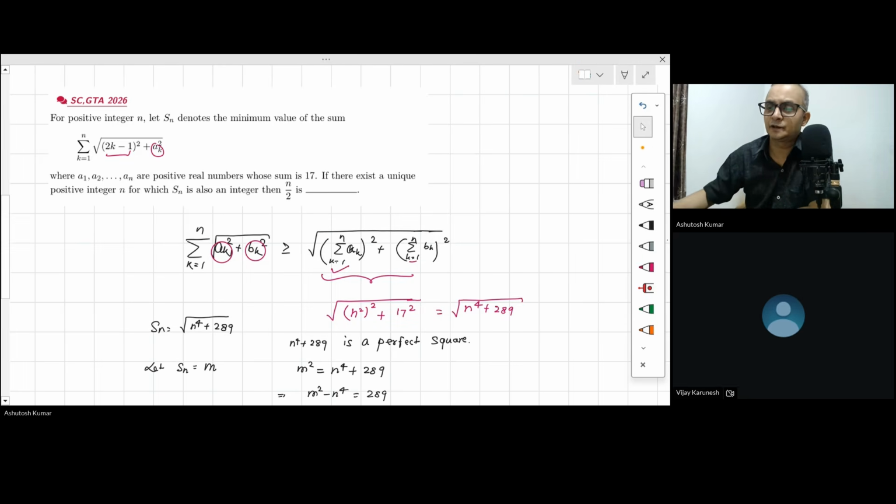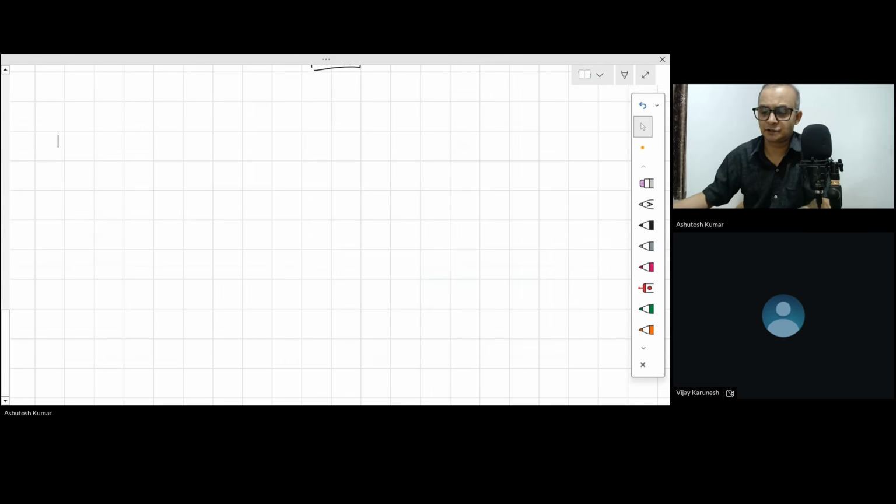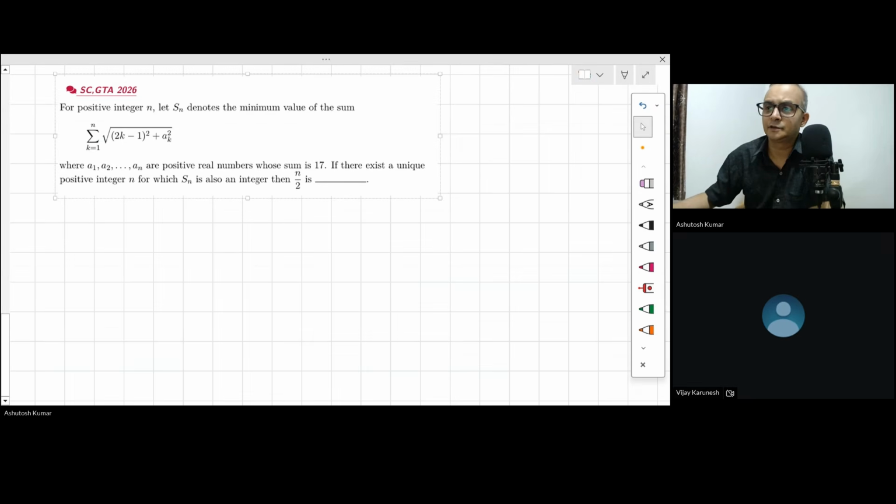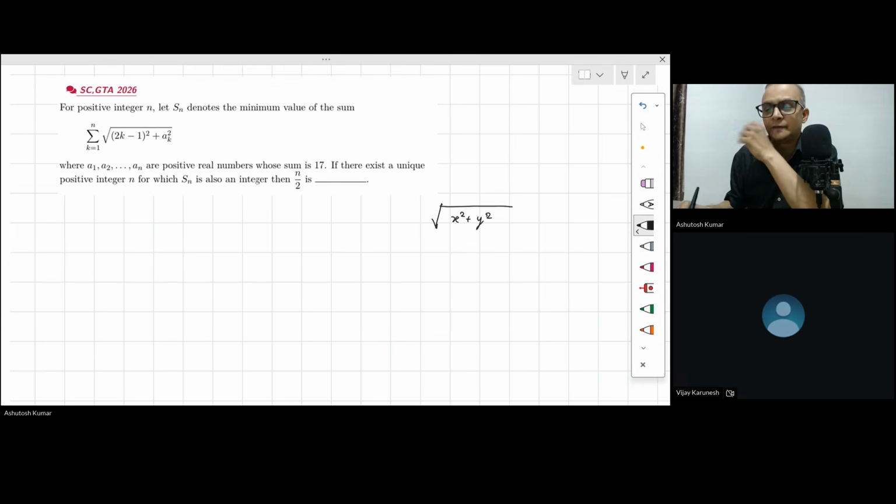Okay, so let me just rephrase it. Let me just take this question down and then we will think again. So I'm taking this fresh one and then I'm trying to convey this. If I ask you, have you seen this kind of a structure anywhere? X square plus y square. Yes, sir. Distance from the side. Distance. In vector, what it represents? The magnitude. Magnitude. In the complex number, it represents the magnitude. Right. So complex number we don't go, where I think we can think the geometry or maybe the vector. Can we think like this?